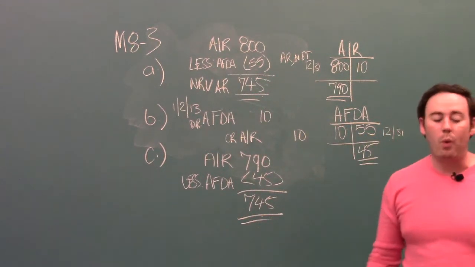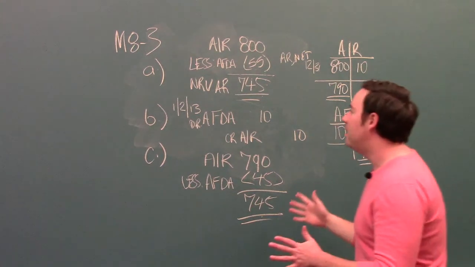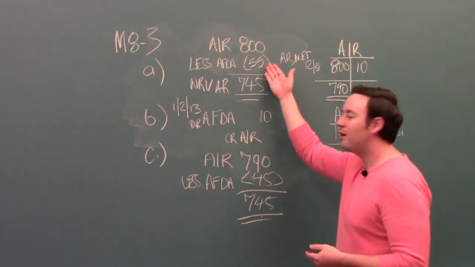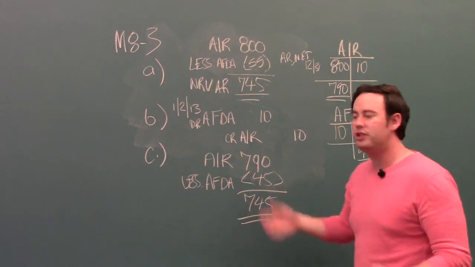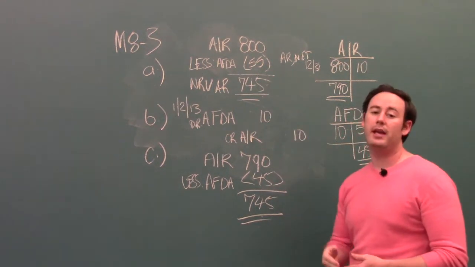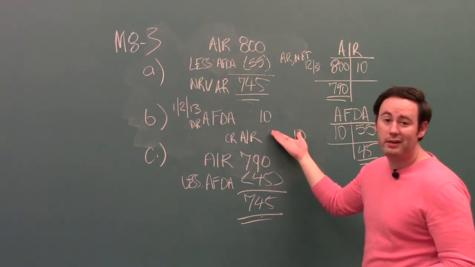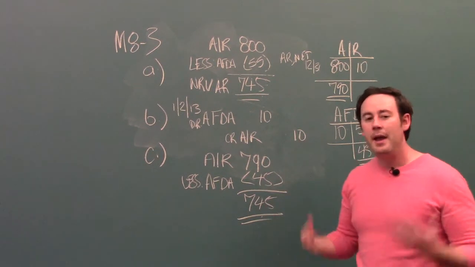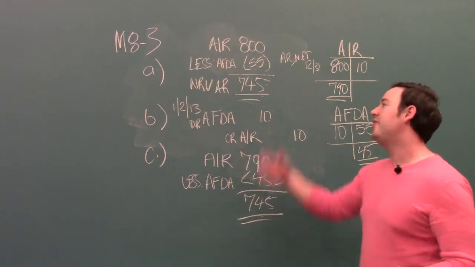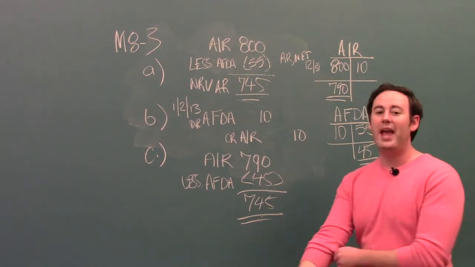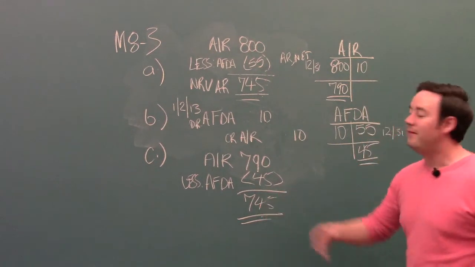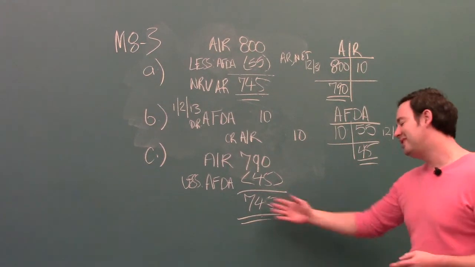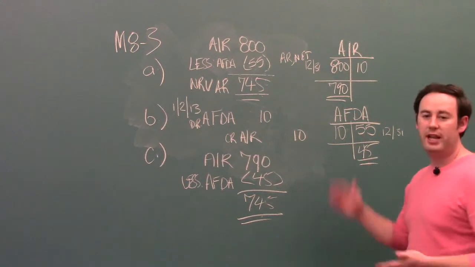It doesn't change. Why? It makes sense because originally we estimated we weren't going to be able to collect 55,000. The fact that we wrote off 10,000 just confirms that we estimated correctly. It confirms that we weren't going to collect this 10,000, and that's okay because we never expected to, right? That's why our net realizable value, the value that we actually thought that we could get, was 745,000, right? So the value that we actually still expect to get, 745,000. Nothing has changed between the two.